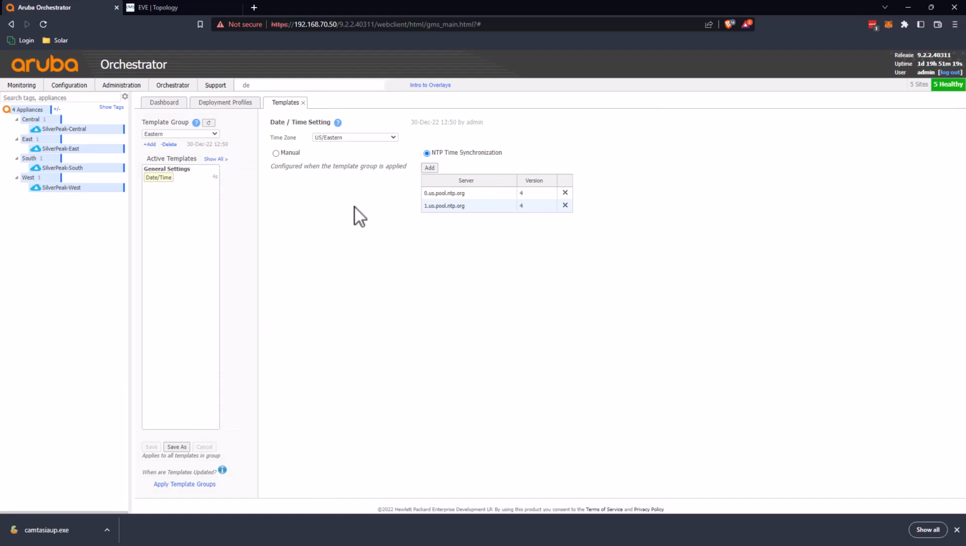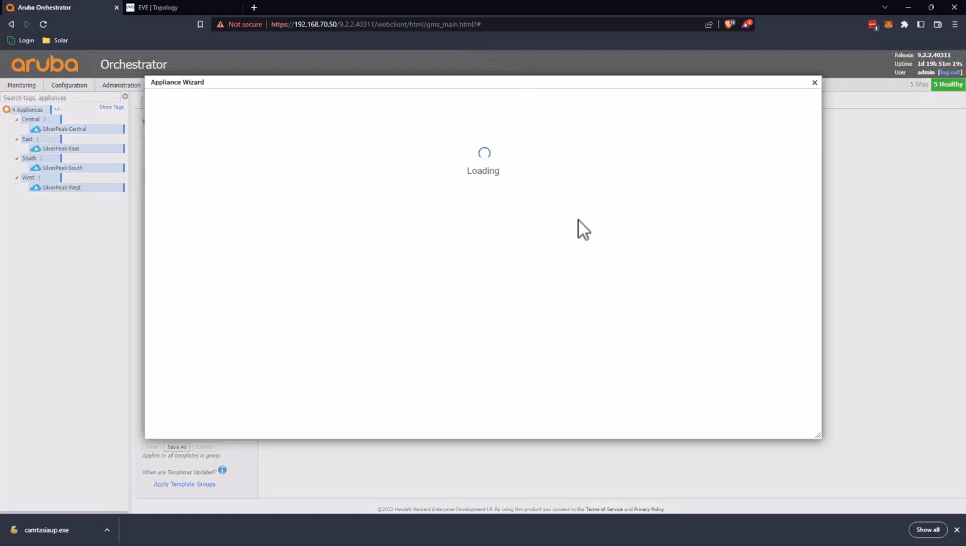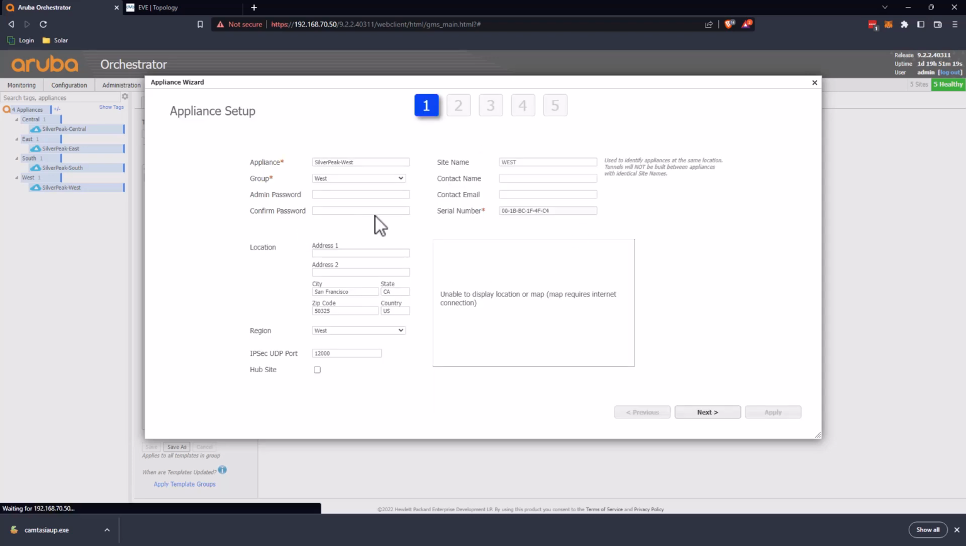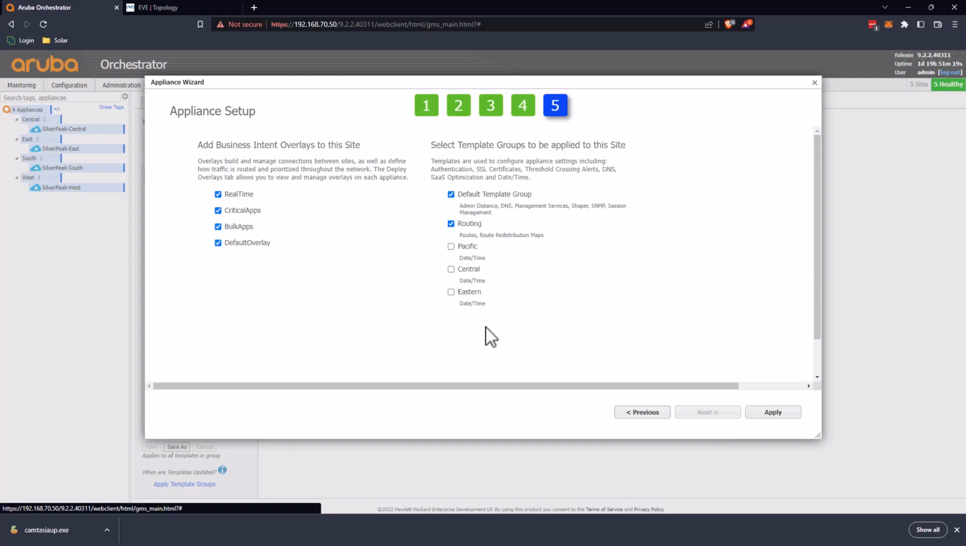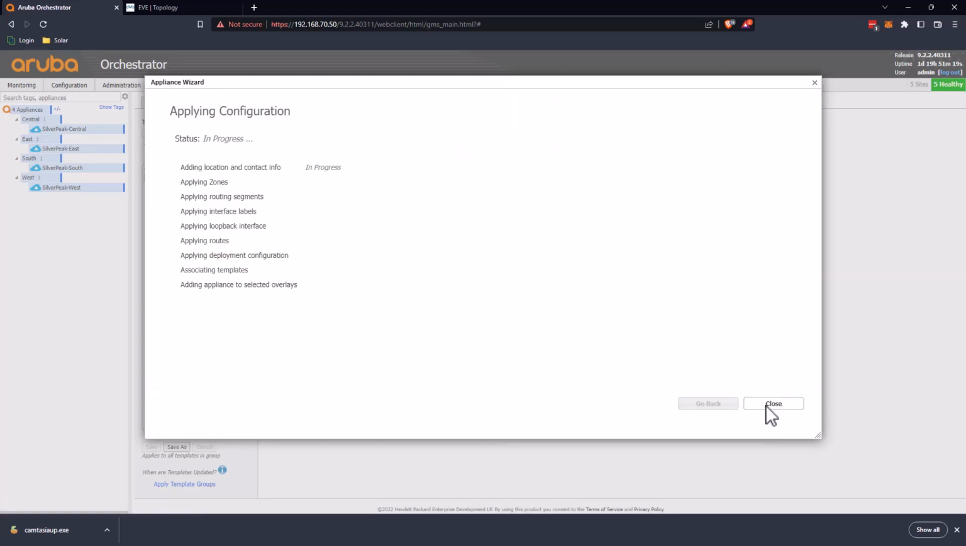assign them to the devices? Just like anything, there's a number of ways, right? We can go through this config wizard, and at the end of it, it will give us the option to assign these templates. Or